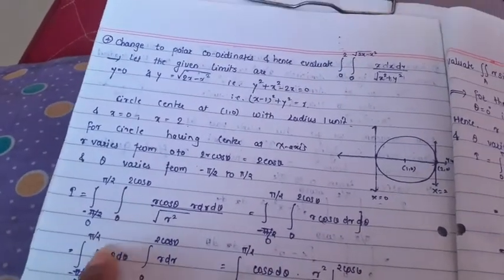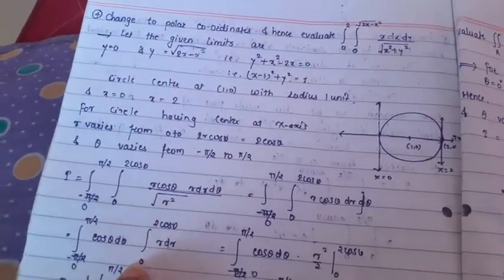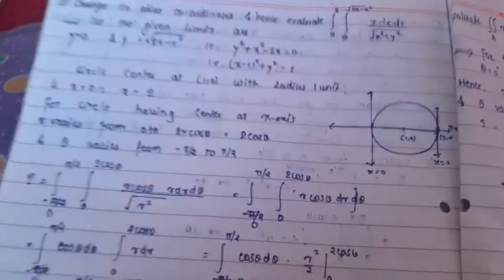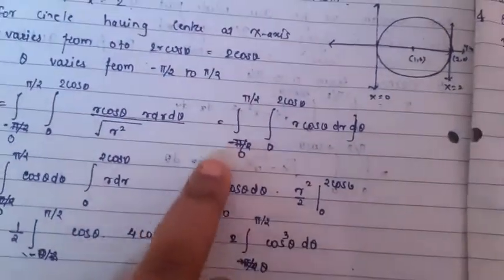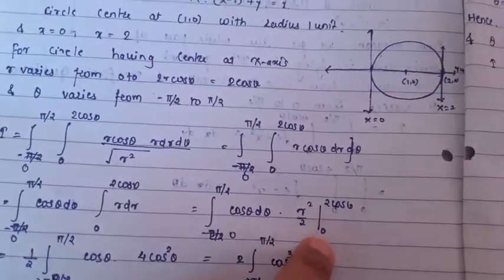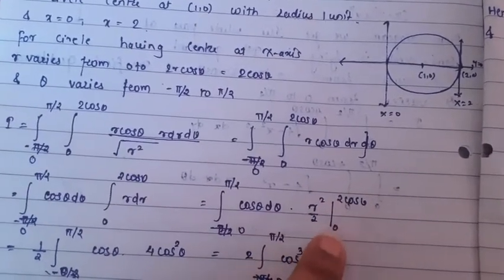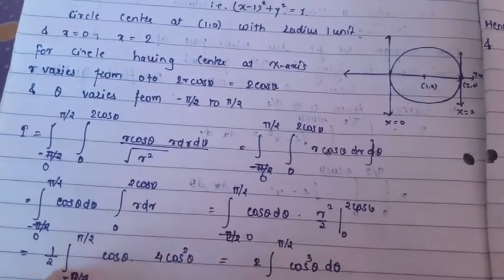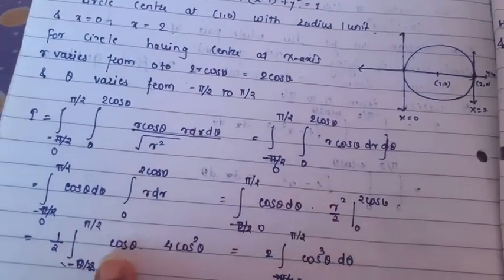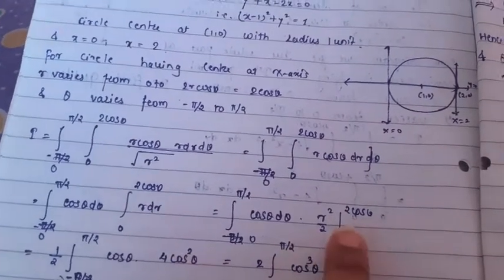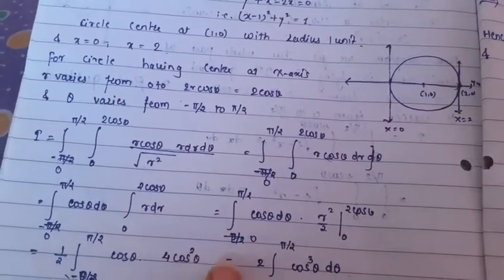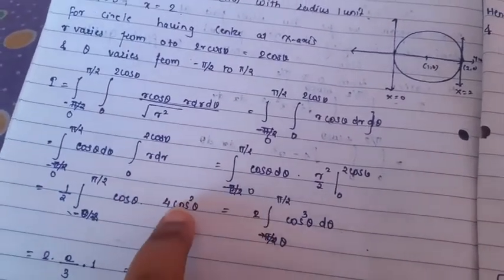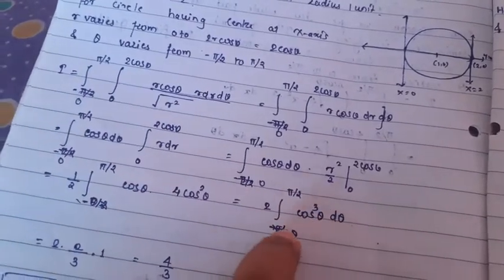So integration 0 to pi by 2, cos theta d theta, from integration 0 to 2 cos theta of r dr. The integration of r is r square upon 2. Therefore the integration becomes 0 to pi by 2, cos theta, r square upon 2, from 0 to 2 cos theta. Apply the upper limit only because the lower limit is 0, and for 0 square it is equal to 0. So 1 by 2 is constant outside, therefore 0 to pi by 2, this cos theta as it is into d theta, then 2 cos theta whole square is 4 cos square theta, so 4 outside, 4 twos are 2, that is 2. This will be cos square into cos, that is cos cube theta, 0 to pi by 2.